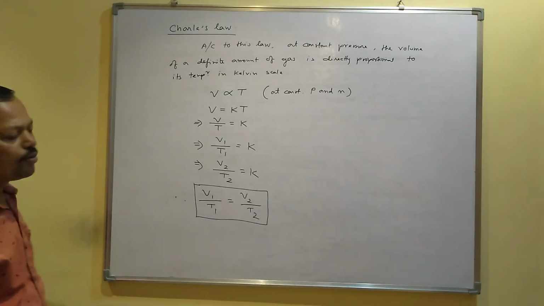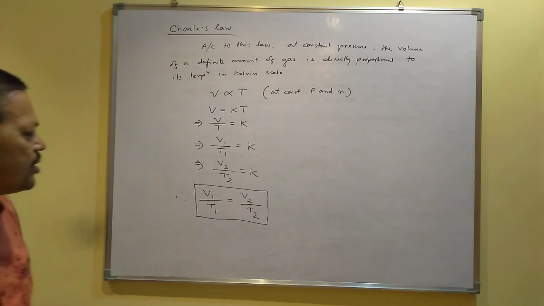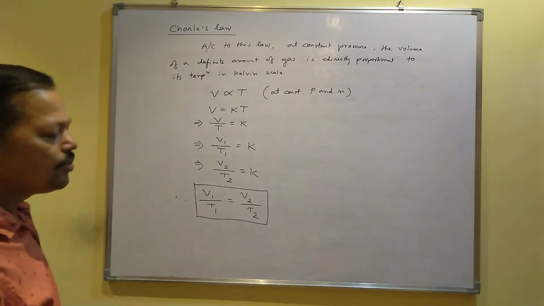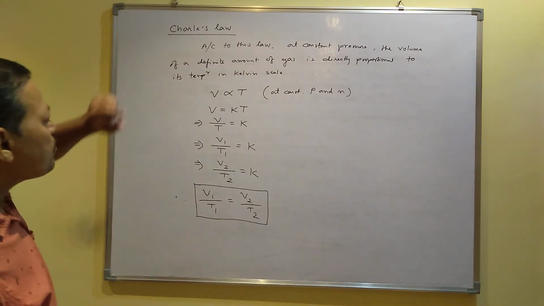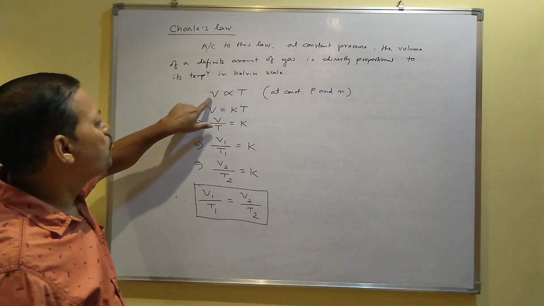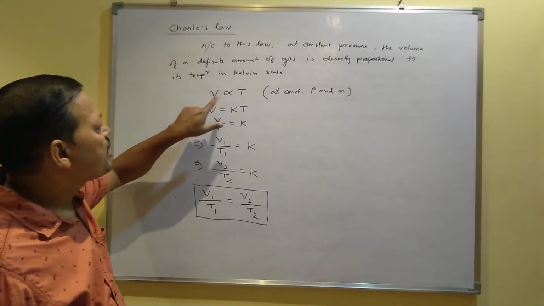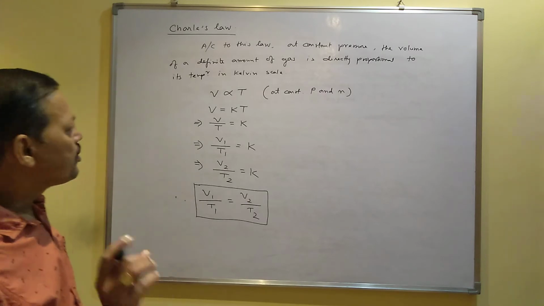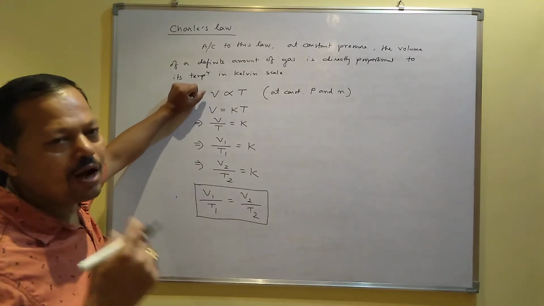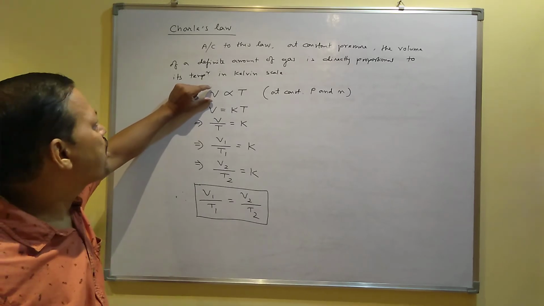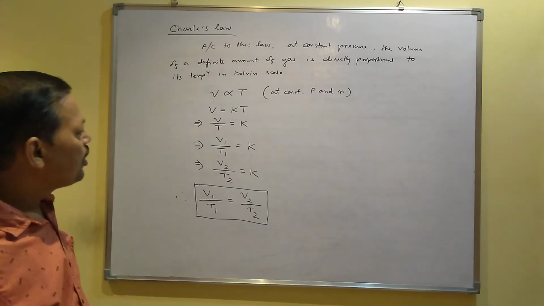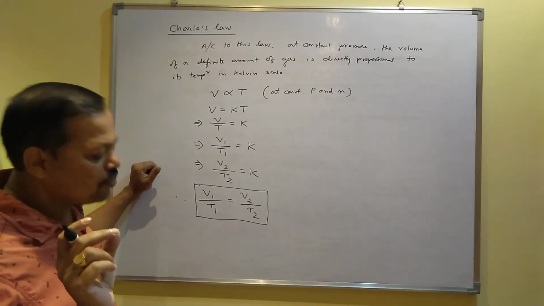So in a question, if volume and temperature are given at constant pressure, then you have to apply this relation: V1 by T1 is equal to V2 by T2. So in Charles law, if temperature increases, volume also increases. If temperature decreases, volume also decreases. Now, with increasing temperature, how much volume increases or how much volume decreases with decrease in temperature, that is also given by Charles law. According to Charles law, the volume of a definite amount of gas